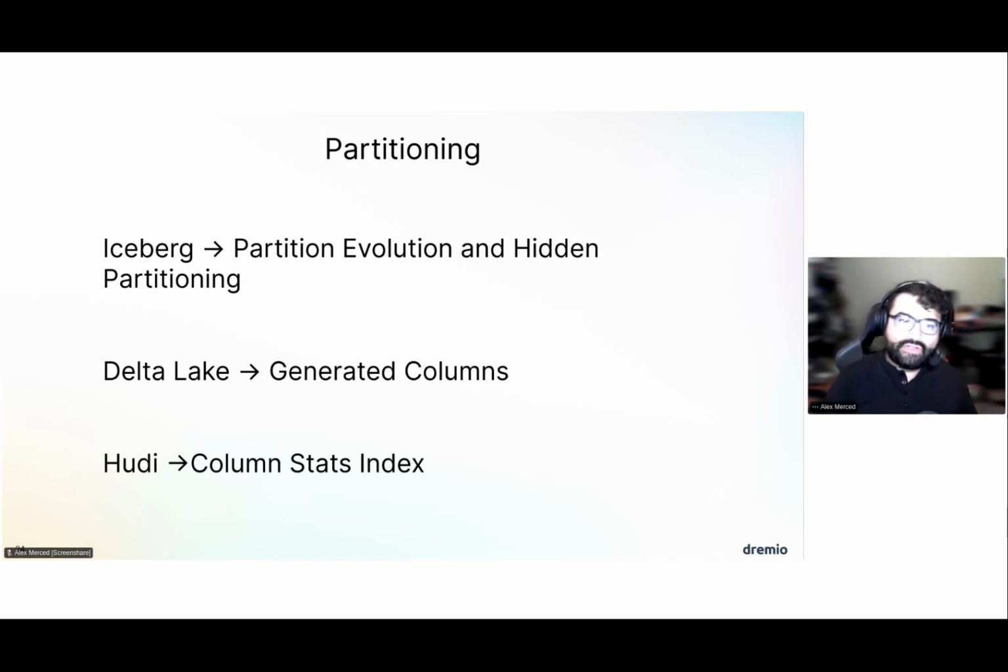So Iceberg has a feature called partition evolution that allows you to update how your table is partitioned. It's the only format that can do that. So you don't have to rewrite your whole table to change how your table is partitioned. But it also has a feature called hidden partitioning that makes life easier for the data engineer because I can then express my partitioning based on a transformed value of a column without the need to create an additional partitioning